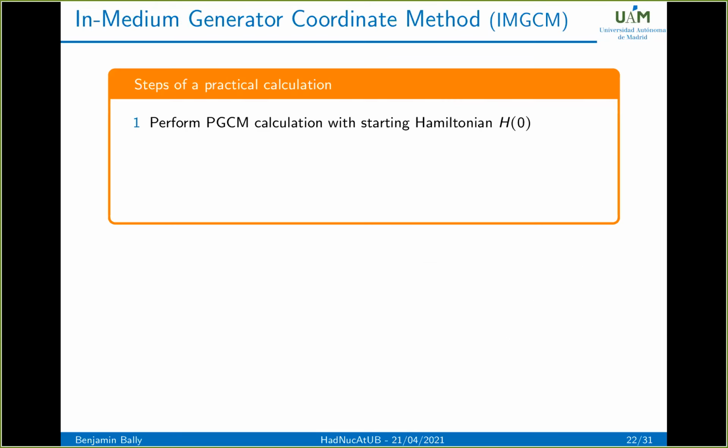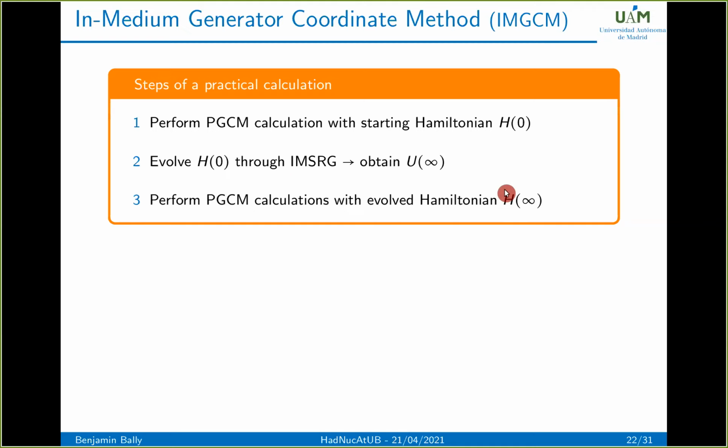And so, how it works in practice. First, we start with, let's say, the bare Hamiltonian H0. We perform a PGCM calculation, such as the one I've shown previously. It gives you a PGCM wave function that you use as a reference state to build your IMSRG evolution, such that you obtain your transformation. And then when you have your transformation, you have your evolved Hamiltonian, and you use it in a